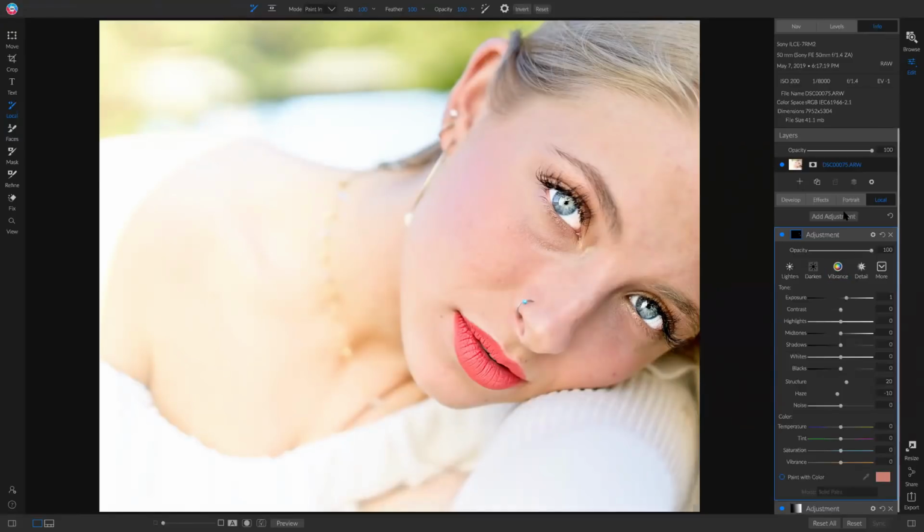Perfect. Now we'll just lower the opacity to 0, and then click a little bit more so you guys can see it. Cool. So now if we hit the backslash key on our keyboard,